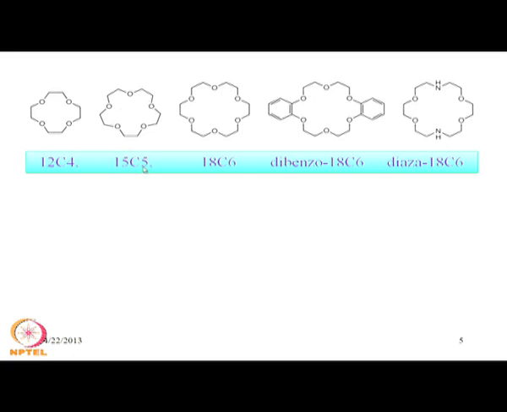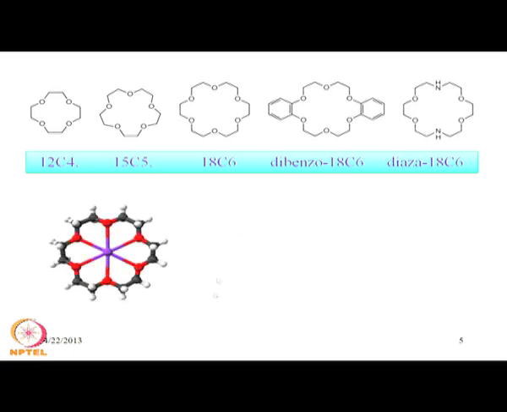Similarly, if we change to 5 oxygen, it is 15 C5, 18 C6, and if we have 2 benzo backbone, we get dibenzo 18 C6 crown ether, and if 1 oxygen is replaced by NH, we get diaza 18 C6, which is an analog of this 18 C6 molecule, but 2 oxygen donor atoms of the ether are replaced by 2 aza functions of NH. So, this has been a very useful molecule for binding to the potassium ion, the alkali metal